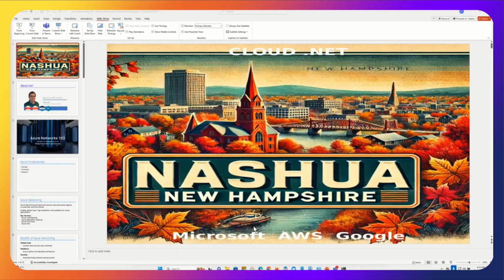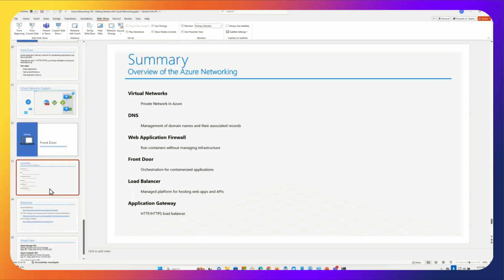If you go back to the slide where you have the summary. Yeah, so Dan said front door, load balancer, application gateway, they are kind of similar services. Application gateway you use whenever you want to use local gateways, right? Where you want to use a web application firewall, you can use it with the front door or with the application gateway. When you use it with the front door, it's globally filtered, right? So the front door is called a global load balancer. The load balancer is called a local load balancer. Application gateways also come under the load balancer category.